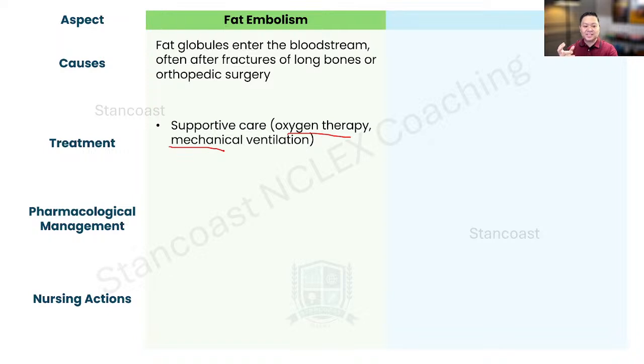So again, the size of the fat emboli will matter. The smaller it is, the milder the form of embolism, with milder signs and symptoms. However, if there is a fatty globule that has lodged into a huge section of the pulmonary artery, then this will really compromise the oxygenation and could cause lung collapse instantaneously.